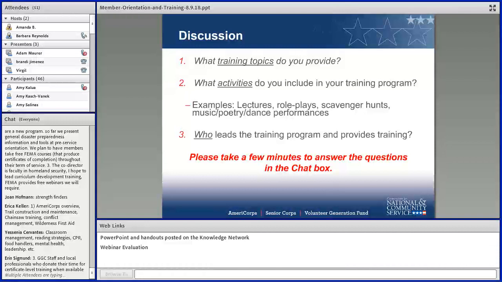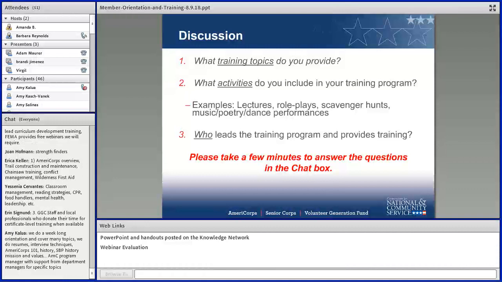I think that Joan had asked about who is responsible for training members, and that really varies across programs, and it just depends on what the intervention is. Sometimes it is someone from the community who comes in to train the members. Sometimes it could be the AmeriCorps staff themselves or the program staff themselves, or if they have a specific intervention that is an evidence-based program, someone from that particular organization would come in and train the members on how